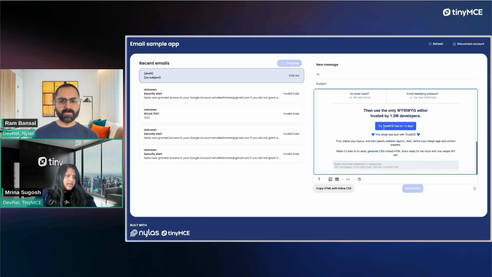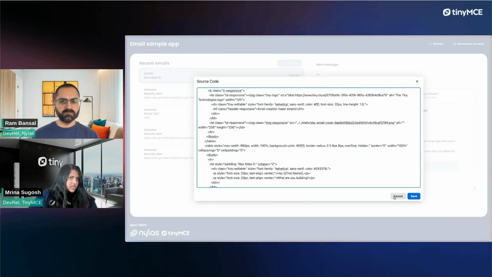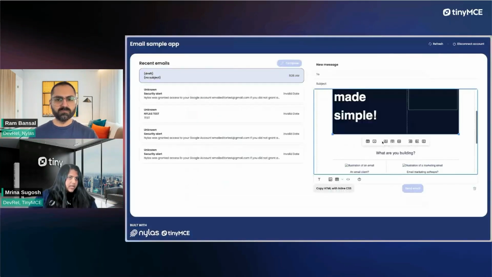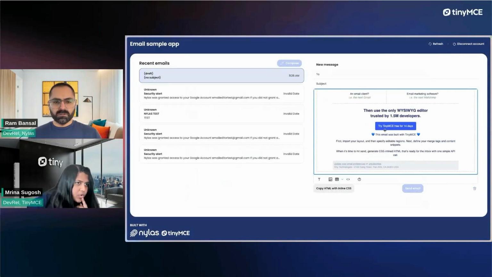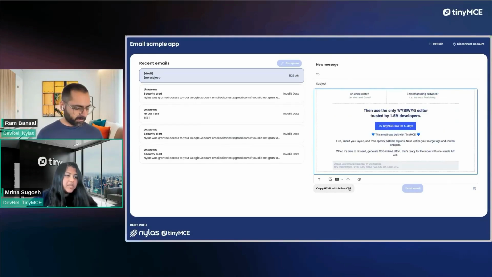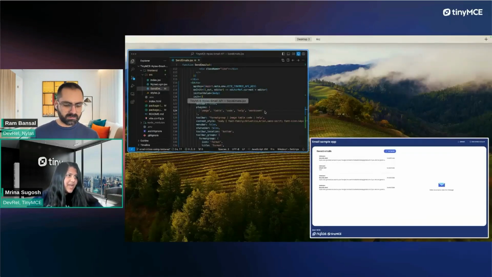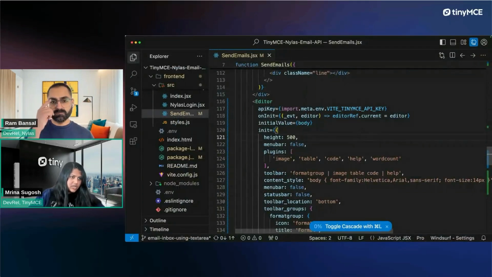Cool. I have this, and then let's say copy HTML with inline CSS. It has some styling in there, but usually not a whole lot. And you can see that some of the core colors and things would be missing without the inline CSS. But now when I do add inline CSS over here,